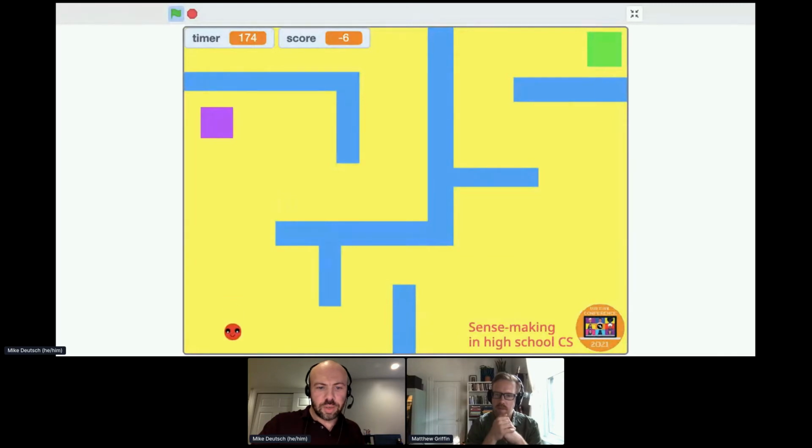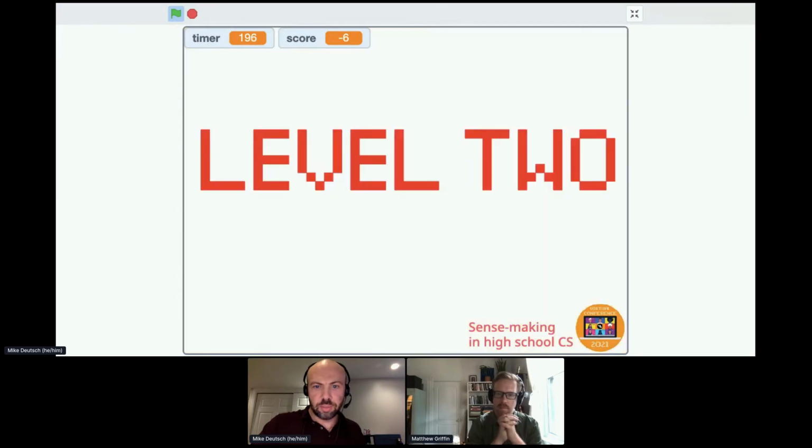What about the score? Has anyone noticed what is affecting the score? Because I'm at -6. I started out at 0. We've observed that the purple square does nothing, and a bunch of folks are saying bumping into the wall affects the score, takes you down by 1. So I'm so close to the green square, I'm going to test that first, so I don't have to go through the whole thing. Oh,